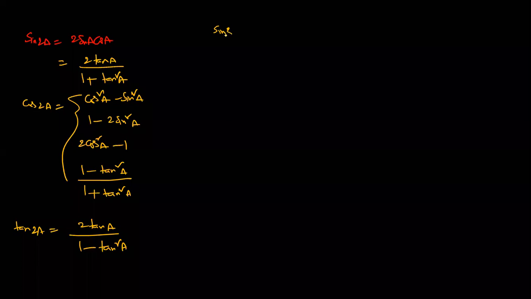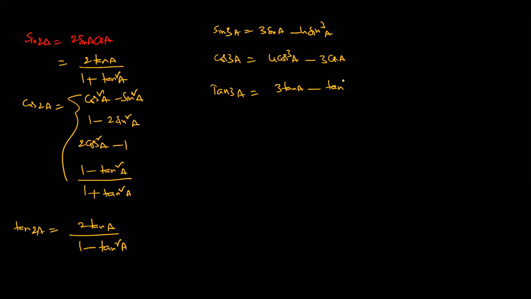And sin 3A is 3 sin A minus 4 sin cube A, cos 3A, tan 3A is by 1 minus 3 tan square A. Now,